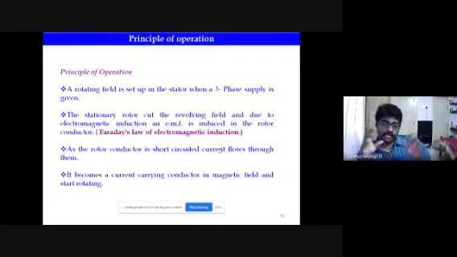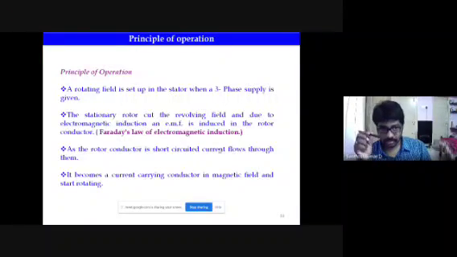When a three-phase supply is given to the stator side, a rotating field is produced in the stator side. The magnetic field in the stator keeps rotating, but the rotor is stationary here. So the magnetic field is rotating, the stationary rotor cuts the revolving field, and due to the electromagnetic law of induction, an EMF is induced